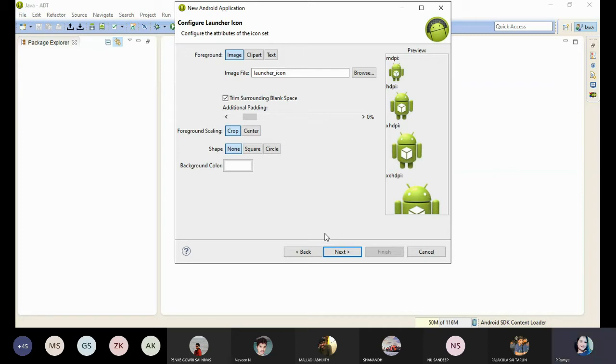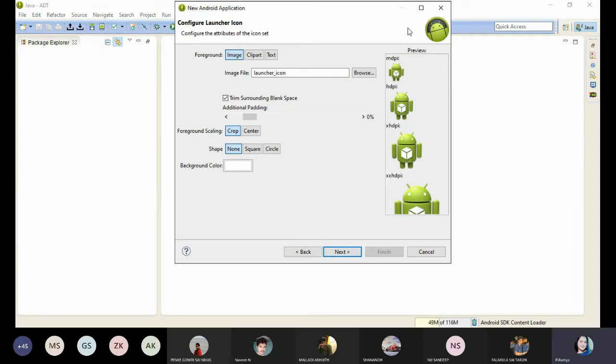Okay, so here I am going to create that type of icon for my application. Those are all default, predefined. Flipkart has one icon, Amazon has one icon, Play Store, WhatsApp, Telegram, every application has its own icon, created by their developers. Like that, for my application, I am going to create my own icon. For that purpose, the configure launcher icon dialog box plays a very important role.